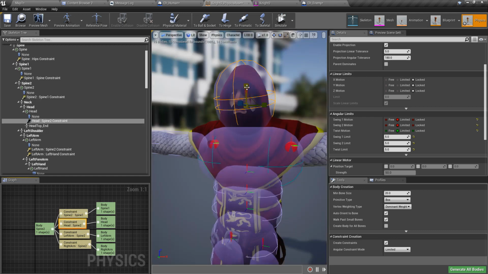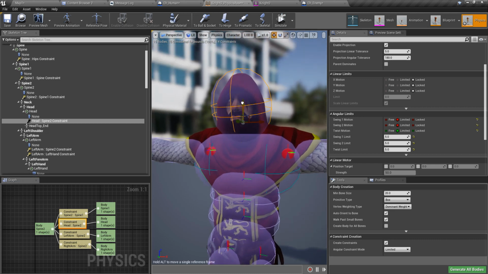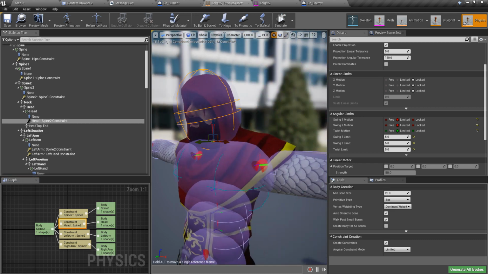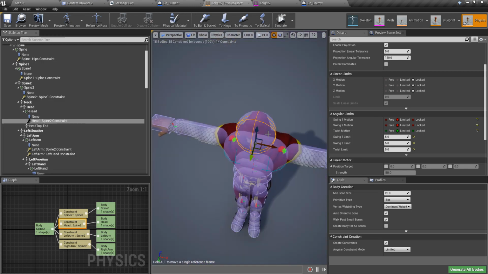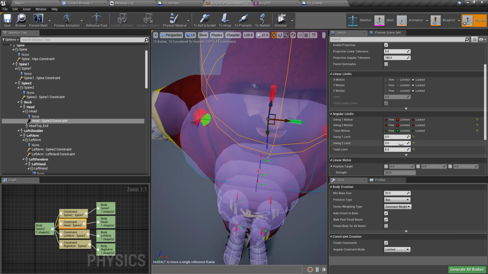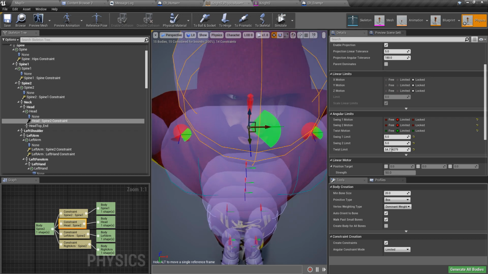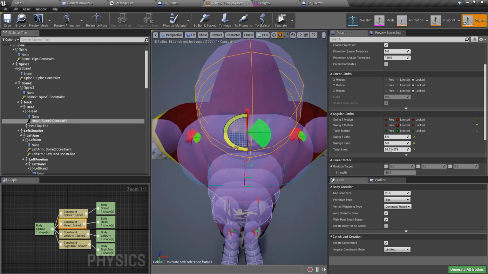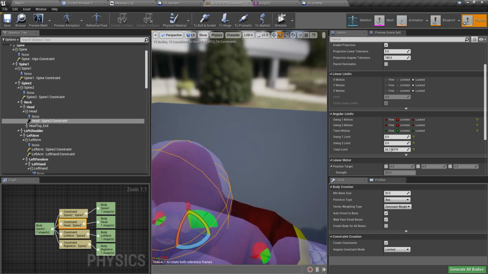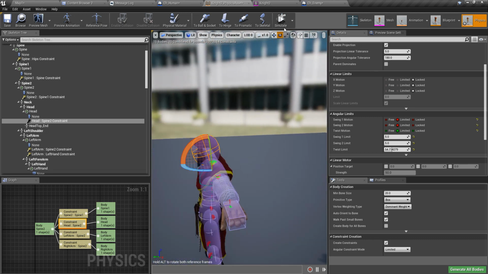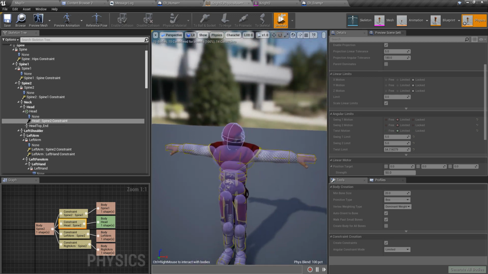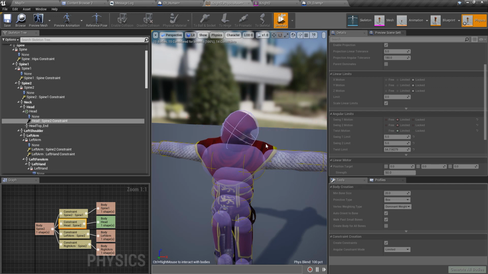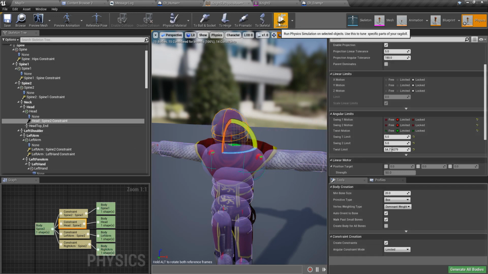I should move it down to the neck level like this, and then, well, I should be able to, this should be like this, I guess. No,